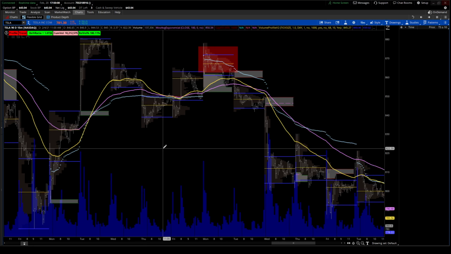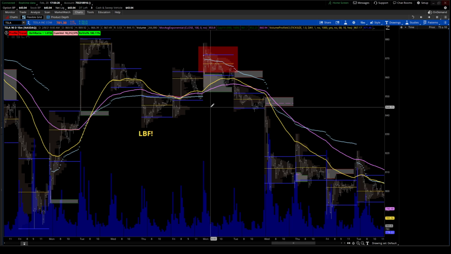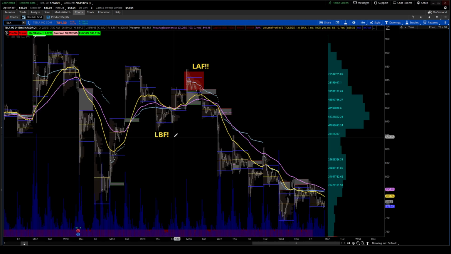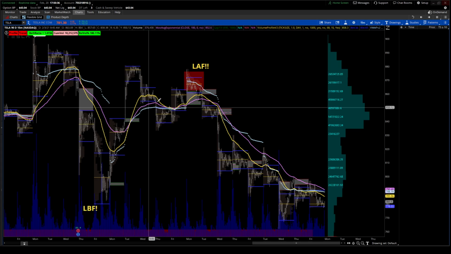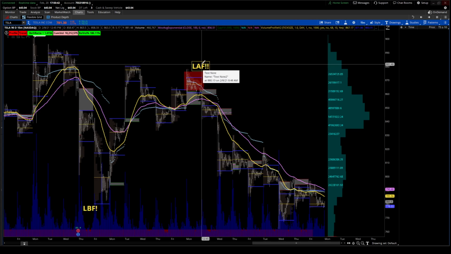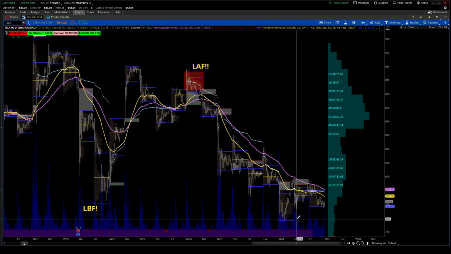Let's see if I can put some text on here. I'm better at putting text on my NinjaTrader charts, but look below and fail over here, I'm going to say LBF. But then guess what? This is also a rejection. So I'm going to say look above and fail over there. And in my opinion, a better look below and fail is probably this one, right? So this was expected to breach 900 and keep going. Excuse me. But that didn't happen. So we got a look above and fail over here, we got an LBF over here,